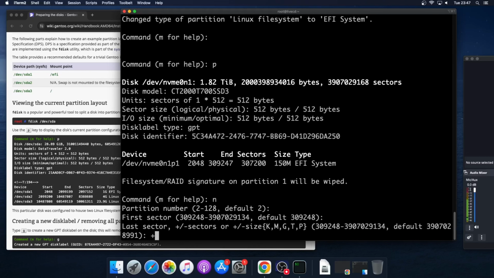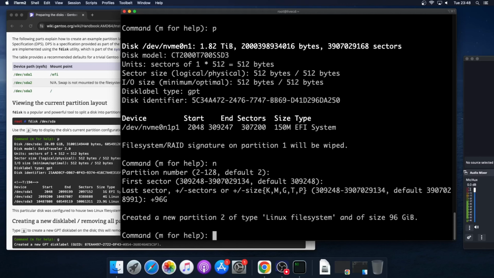So here in this machine we have 96 gigabytes of RAM. In theory, the rule says to create a swap partition that is double the size of RAM. But 96 gigabytes is a lot of RAM, so the swap partition that I will create will have the same size, so it will be 96